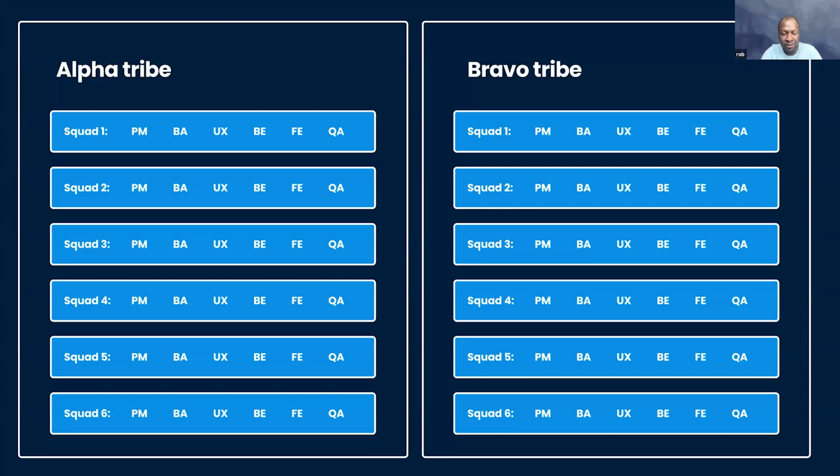The reason why I mention the whole tribes and squads model is because for some of you, it might be worth checking if something like this exists. So you know who to connect with, maybe find out who your fellow developers or designers are, because it might be the case that they have worked on something that you might need to reference, or perhaps a similar problem that you're currently looking at solving. They could even share some tidbits of information to help you out.